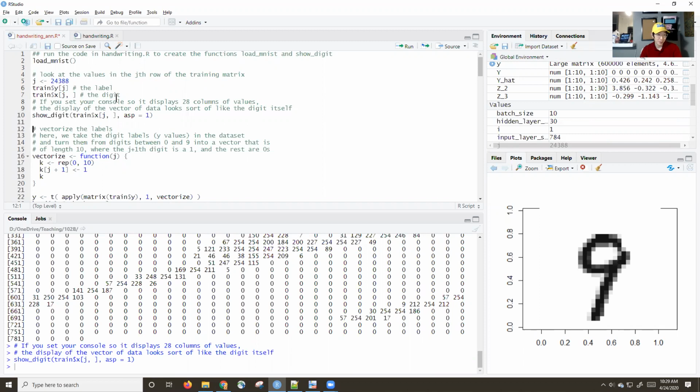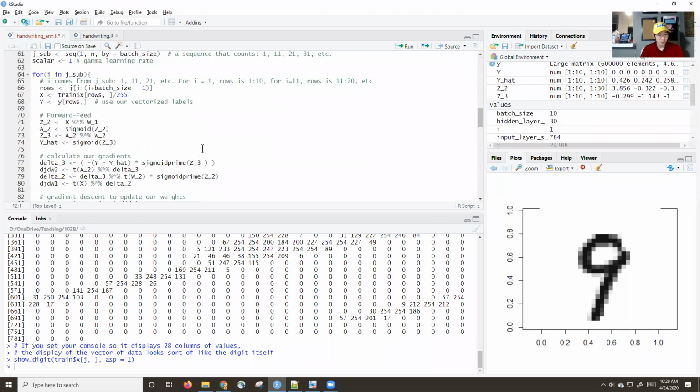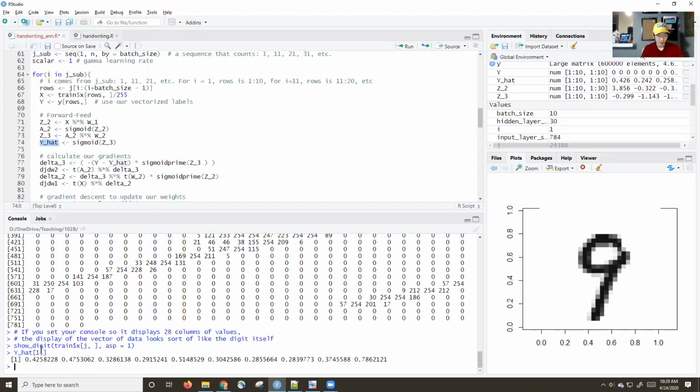Oh, okay, it happens to be a 9. Okay, so we want this y-hat for this row to be all zeros, or values very close to 0, and this one to be a 1. Okay, that's what we want. That's not what we have. We just have totally random values here. And so we're going to calculate